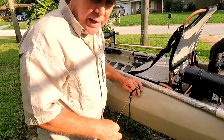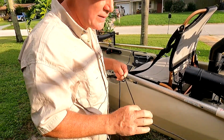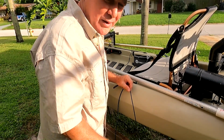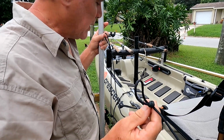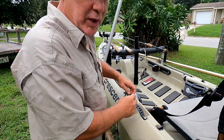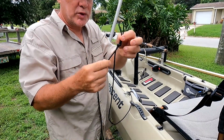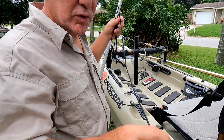The last kayak I had a track, a Yak Attack anchor trolley, and I liked it, but I didn't feel like putting one on this kayak. I attached about an 8-foot piece of paracord, and I tied it to the back cleat, and then I attached the front end to this side cleat, and then I put some loops in the paracord at different positions,